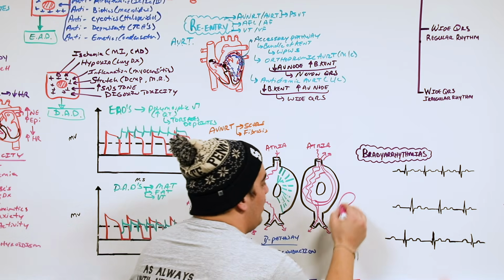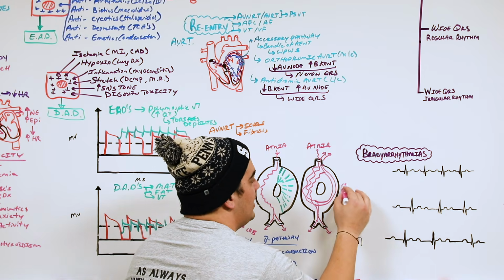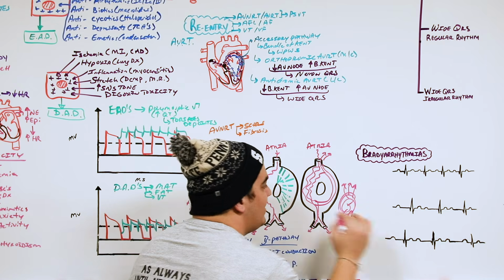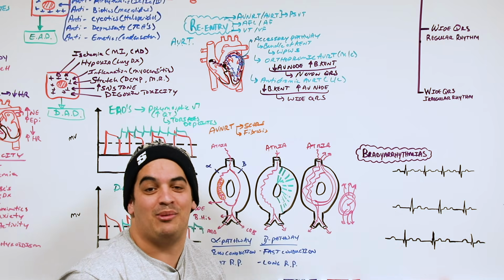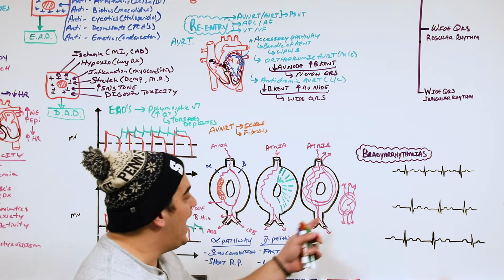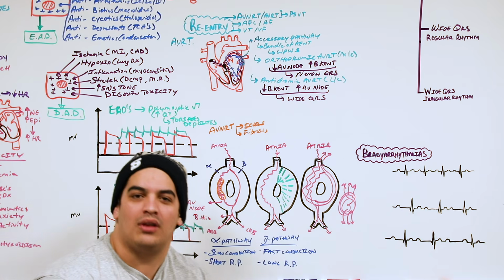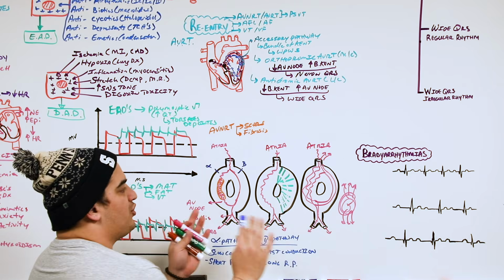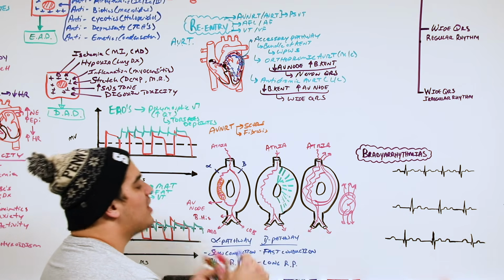And because of that reentrant circuit, every time it's going through the circuit, it's spitting off these electrical vectors that are going into the atria and into the ventricles and causing them to depolarize at fast rates. That's why this can be problematic, and that's the underlying mechanism. Big thing I need you to remember is there's two ways that this can happen. The most common